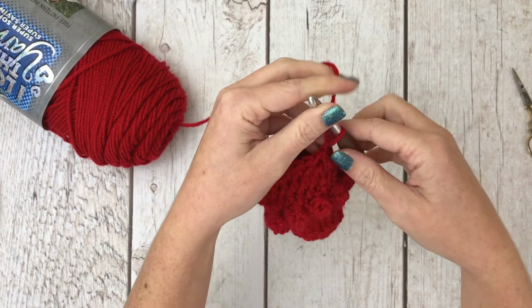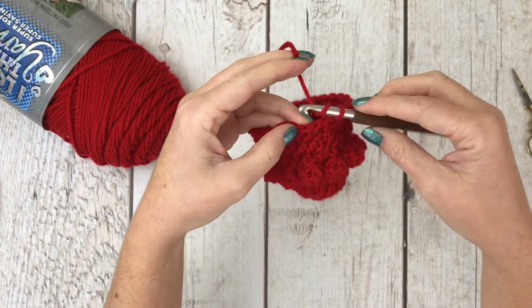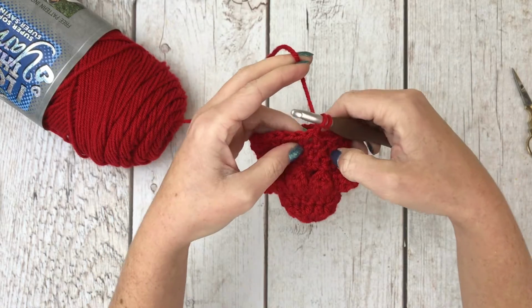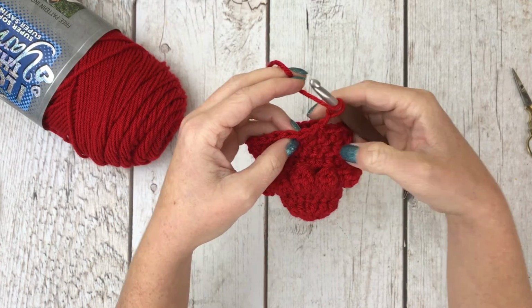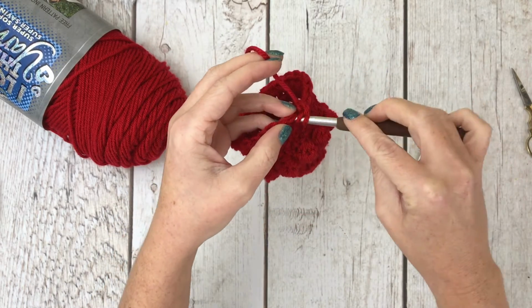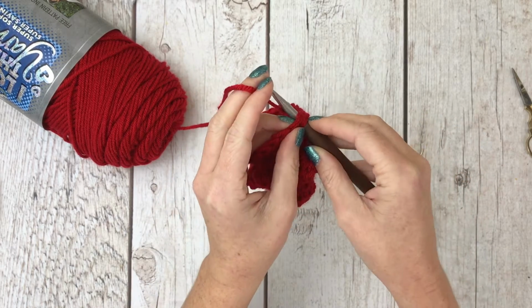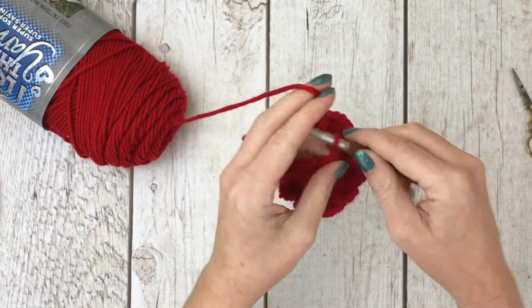For row 9, we are going to start with 6 half double crochets. Again, I'm going to put it over here. I don't really have a method as to why I sometimes go here and sometimes go here. I just keep mixing it up, and that helps it not go diagonal. So we're going to start with 6 half double crochets. It's 1,